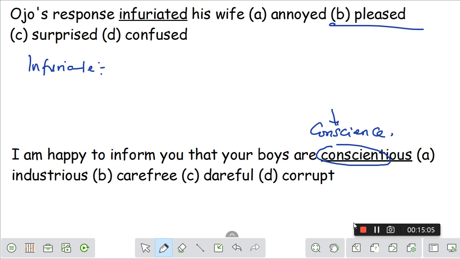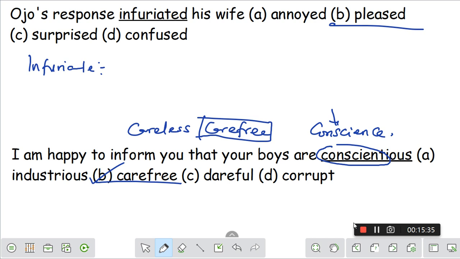Carefree. That is, you don't care at all. Even if the company is destroyed, if the company falls, you don't care. So the answer is carefree. What is the meaning of carefree? Carefree is even deeper than careless. Careless means you still care a little bit. But carefree, you don't care at all. So if a person says you are carefree, it means you should go and look at yourself. Because carefree is even deeper than careless. So take note of that. So the answer is what? Carefree. So that's all for today's video.